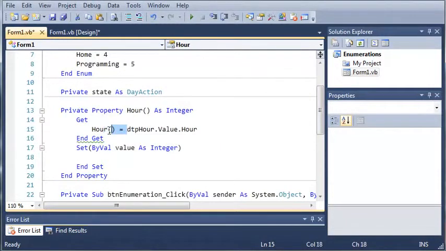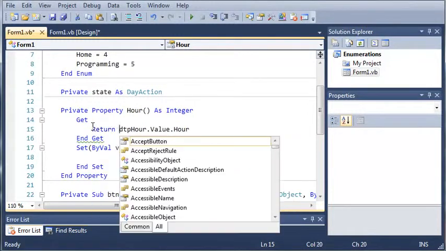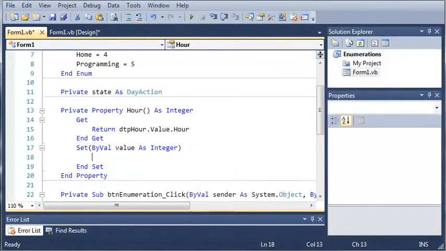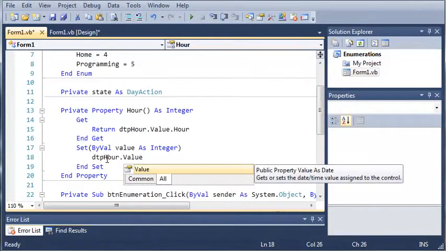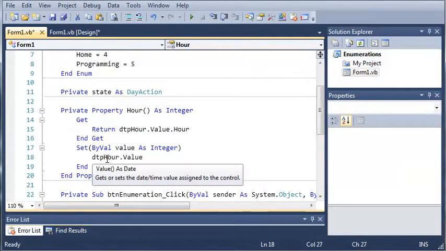So we'll just go ahead and put return, and now what we're going to do is we have to create a set function. You can see it's already created for us, and we've got ByVal value as integer. So whenever somebody calls set, they're going to have to give it a value. So what we're going to do is we're going to set the date using the hour passed to this property. So if they give us an hour, we're going to set that hour. So we'll just go ahead and type DTP hour dot value. What this is going to do is it's going to set the value of DTP hour, and we're just going to set that equal to